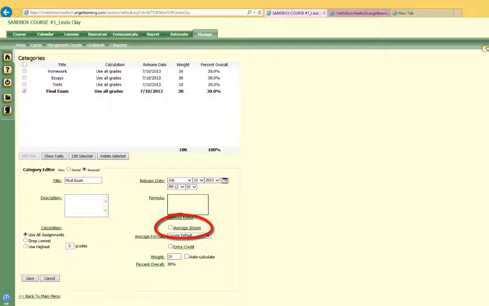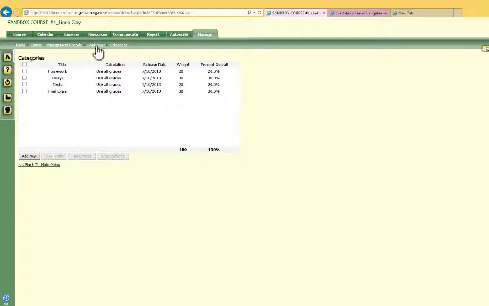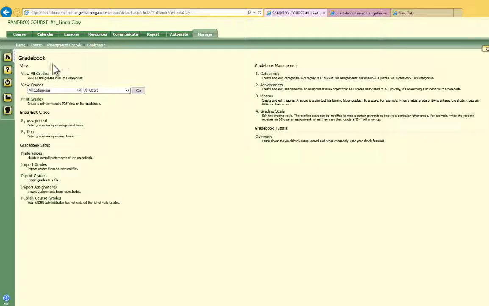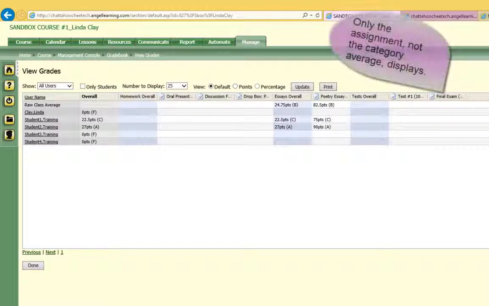Be aware that if you change the weight of a category, you will have to change the weight of one or more of the other categories to maintain a total weight of 100 in the gradebook. We have deselected Average Shown. Let's save our settings, return to the Gradebook main menu, click View All Grades, and the final exam category no